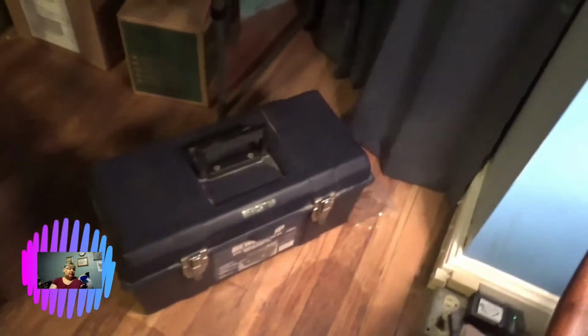And this is my hidey hole. Back here in this bay window. Let me turn the light on. There. Back there is all kinds of stuff. Even down below. There's my art box and my sewing box, and over there